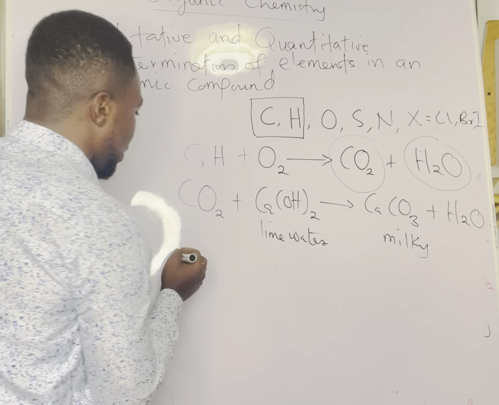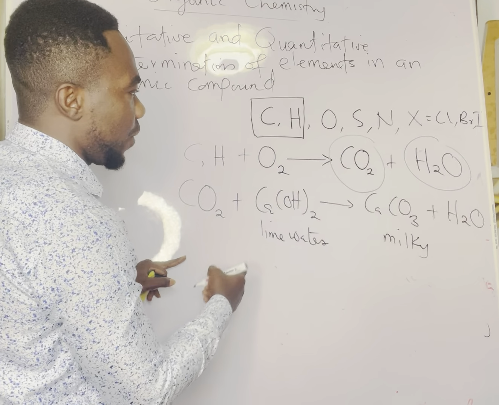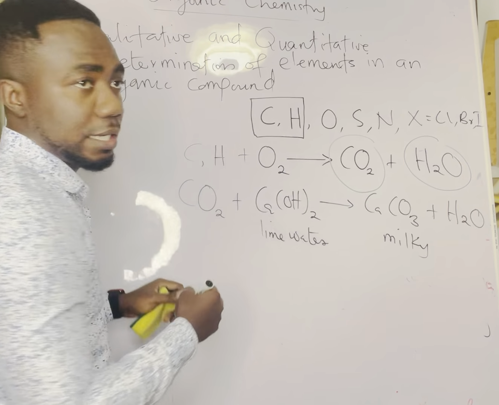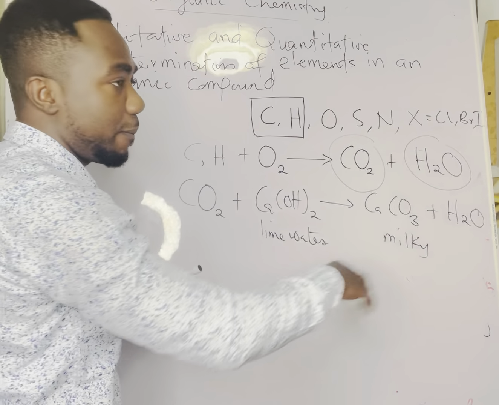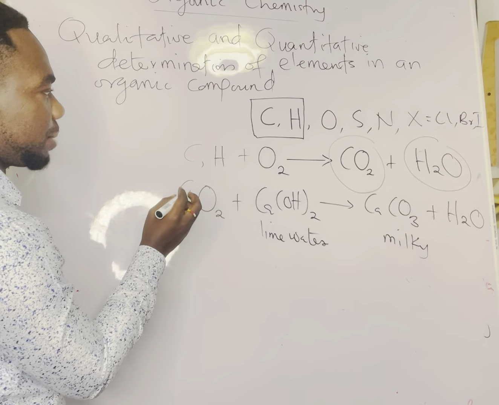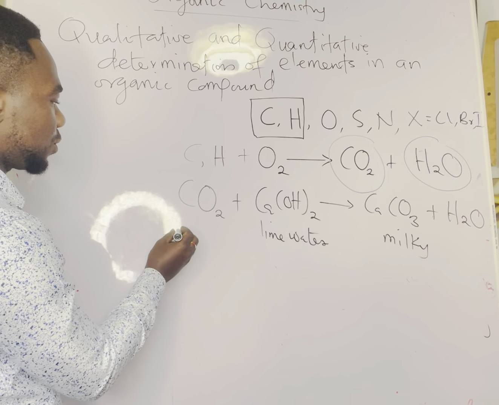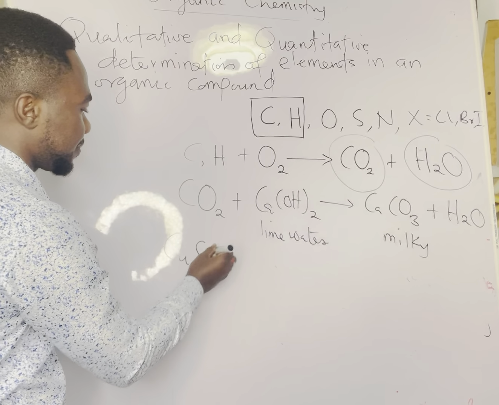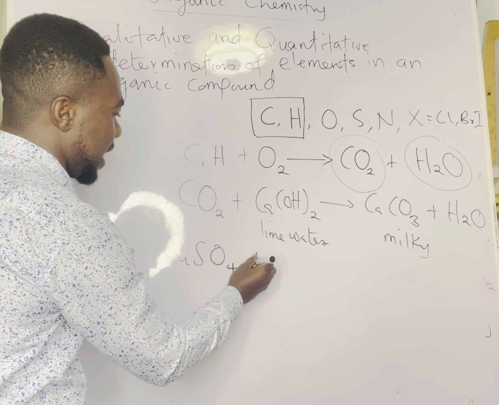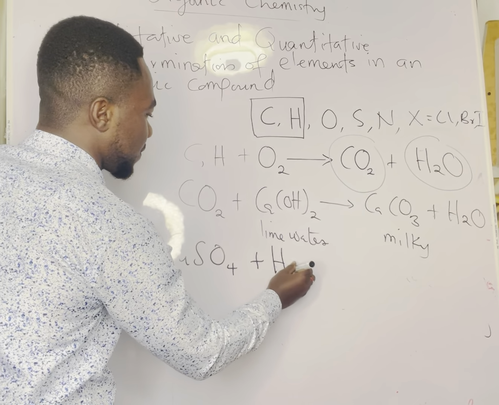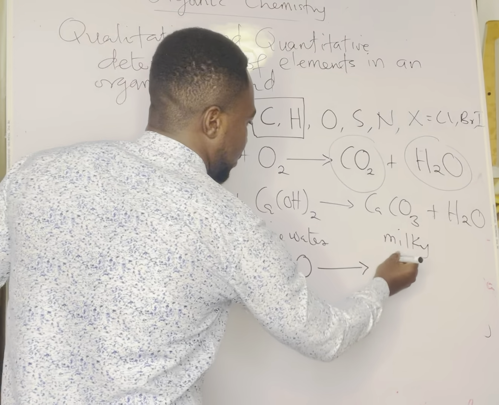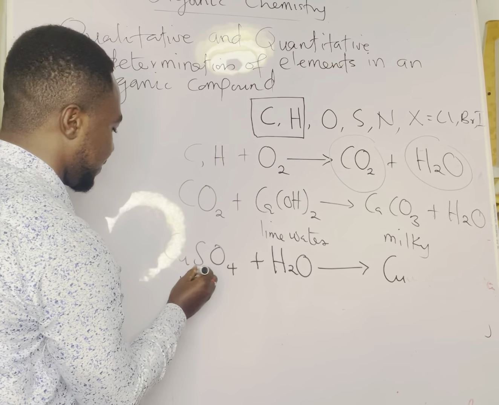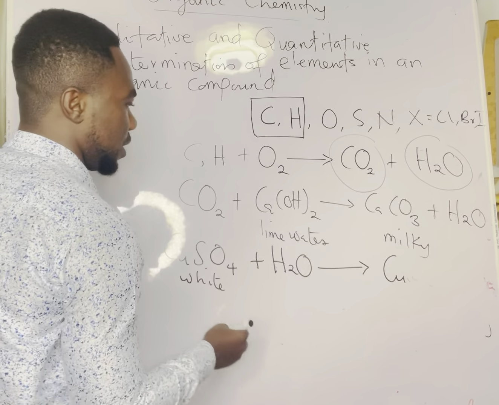While cobalt 2 chloride, which is blue in color, when water is added to it, will change to pink color. So white anhydrous copper 2 sulfate, when you add water to it, this is white, this is going to change to